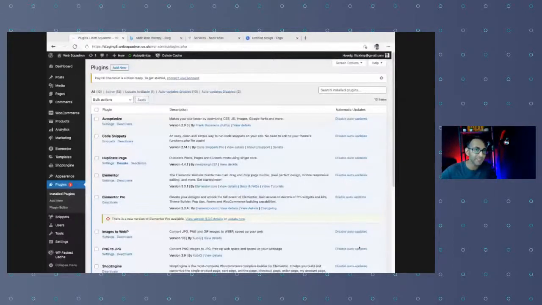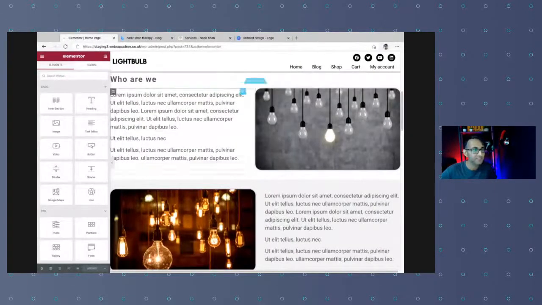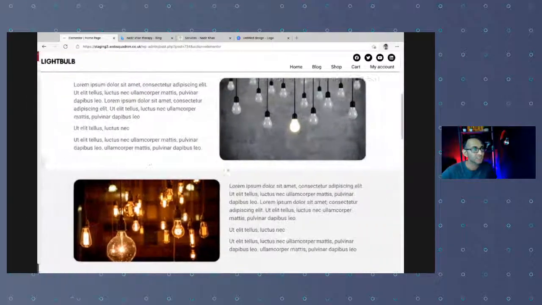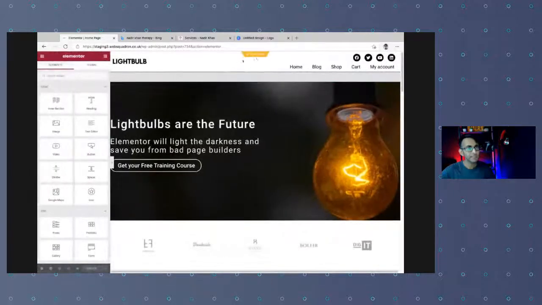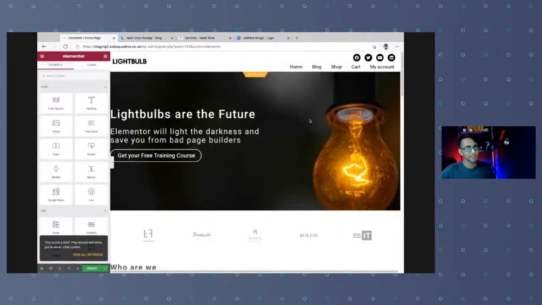So we have this page over here. I'm just going to extend this screen a little bit, like so. Here we go. So there we have a logo, which was just a rubbish logo. This page, by the way, is a fake page that we use for training. We have our menu over here, social sharing icons. If we now edit the header, just to show you that, if we now move to the